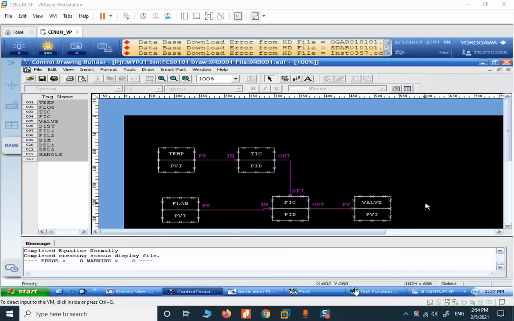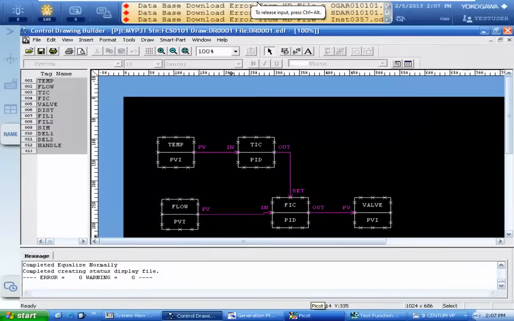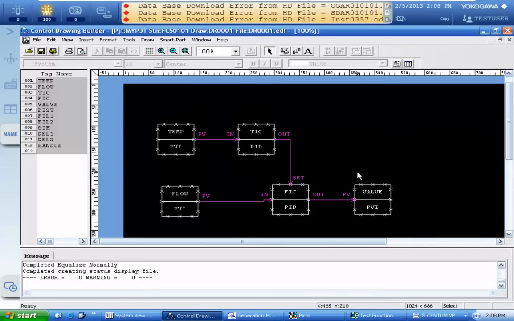Our new topic is how to implement and function test the cascade control in Centum VP. You can see that I have the temperature control loop as the primary loop, and I have this flow control loop as secondary,